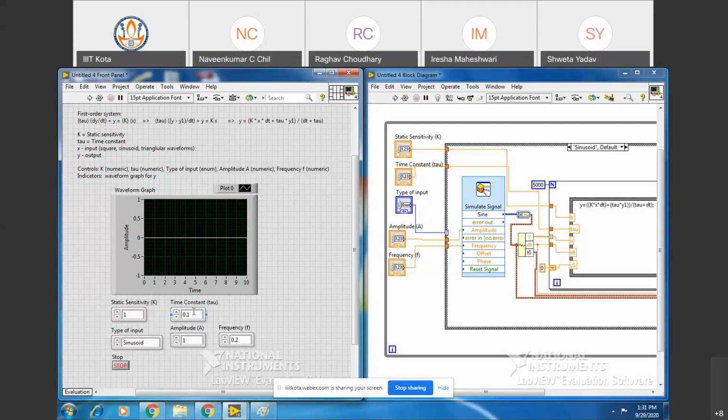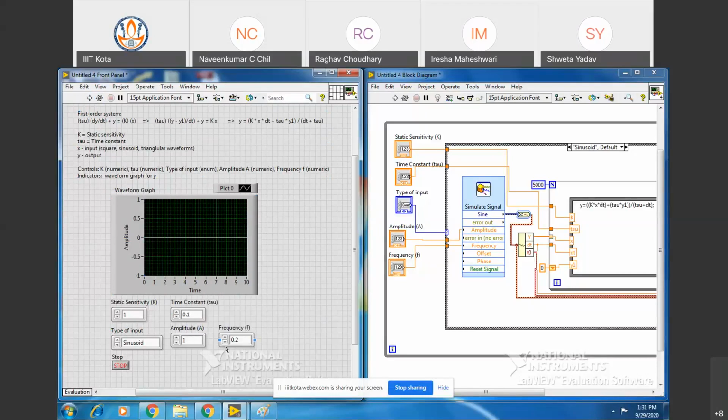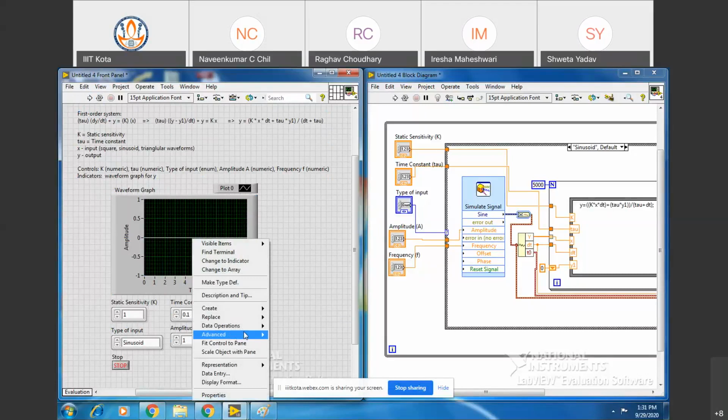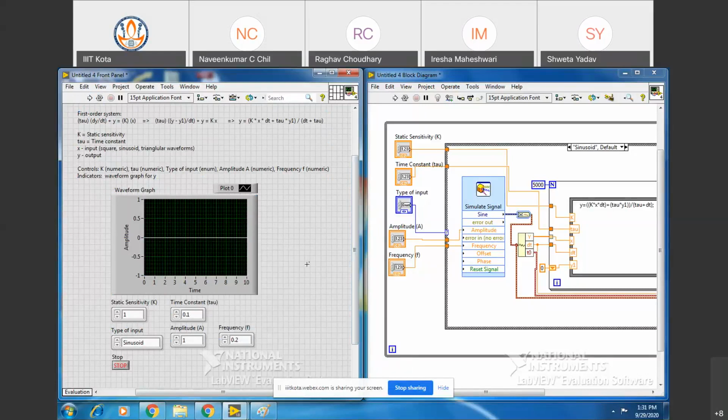That I have shown you, that time constant present default value is 0. So let me fix that also. Make current value default. Actually, what happens, when suppose you have run all the program, and if you close that program, if you close LabVIEW, and when you again restart LabVIEW, you reload your program, right? Yes, it has to initialize these